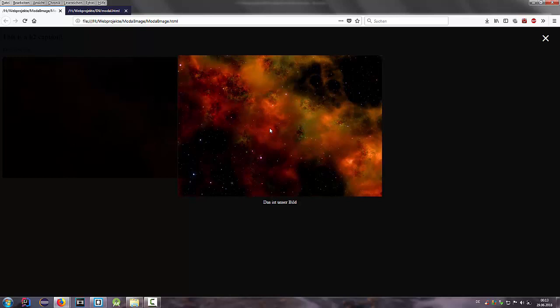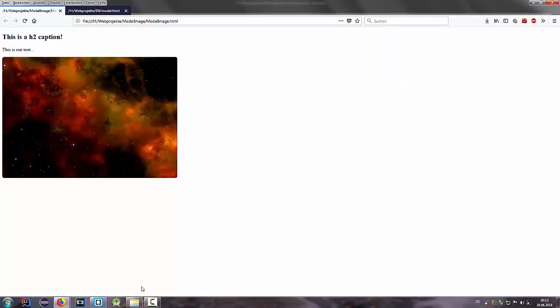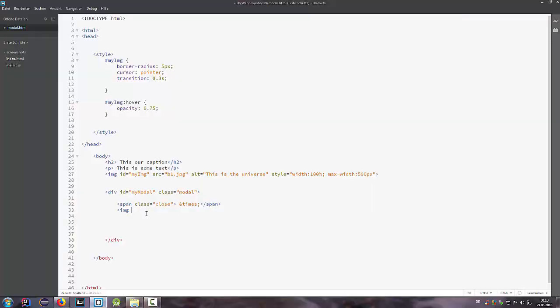So this element we need to implement, and we are going to do that also with an image tag, and I give it the class modal-content and an ID, and I call this ID img01,